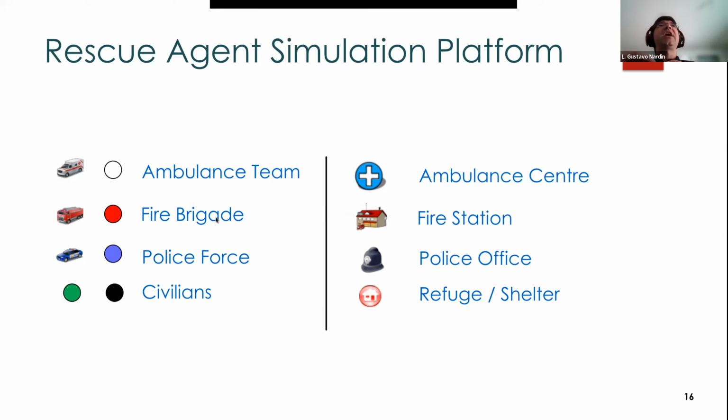We have the fire brigade, which is responsible for fighting or extinguishing fire and also for unburying civilians from the debris. We have the police force, which is responsible for unblocking or cleaning the road so the other agents can navigate and perform their activities. And we have the civilians that start with a green color, which means that they are very healthy, and then over time they will degrade up to the point that it becomes black, meaning that the civilians have